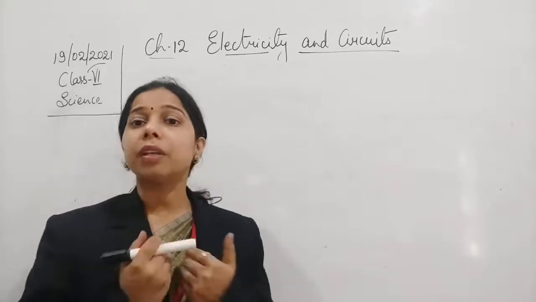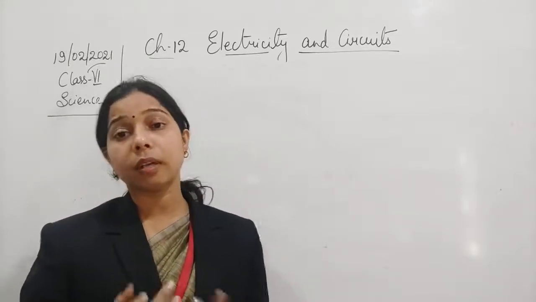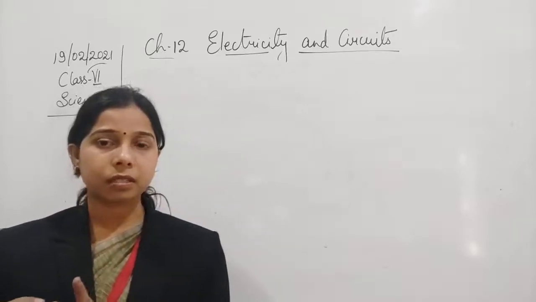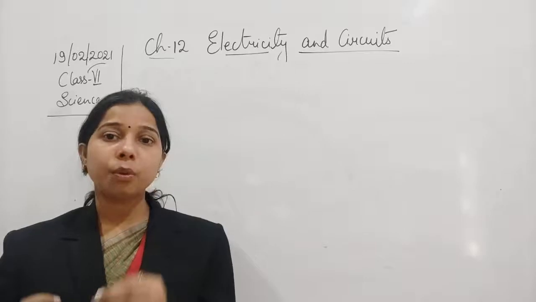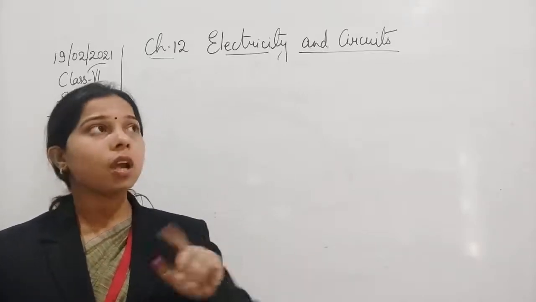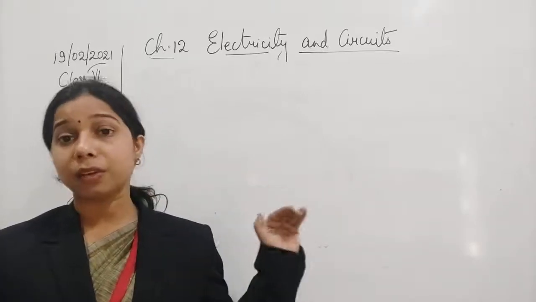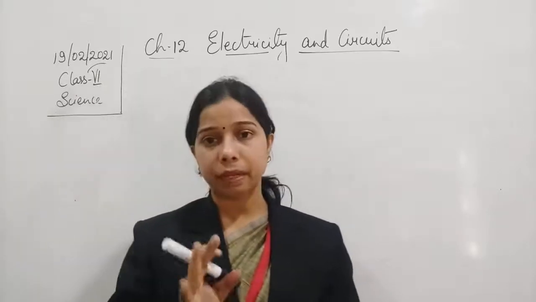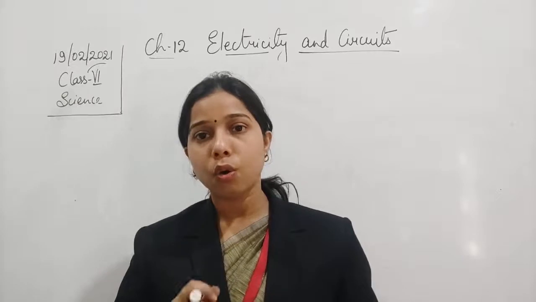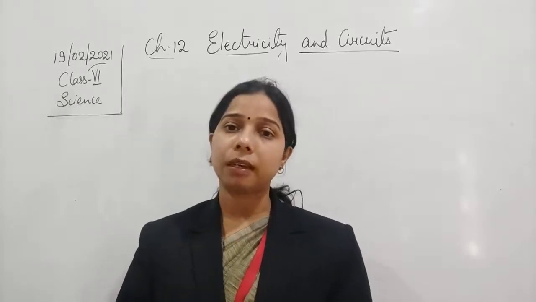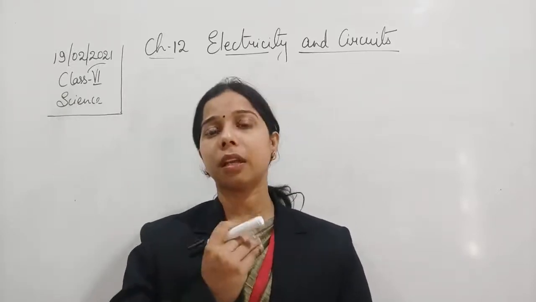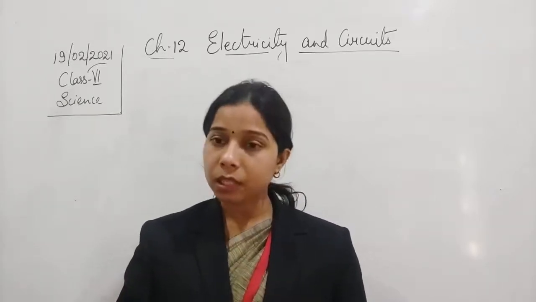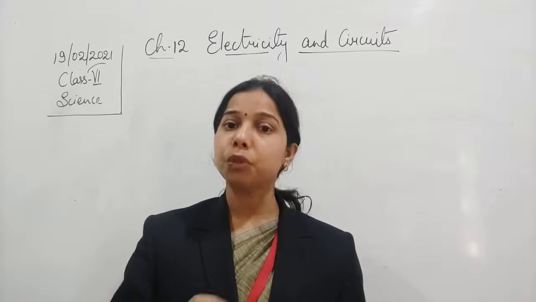Our human body itself is a very good conductor. A conductor is an object which allows electricity to pass through it. All the wires in your home are made up of a metal, aluminium or copper. Aluminium is a very good conductor, which means it allows the electric current to pass through it. But plastic does not allow it, and that is why it is very good to use plastic.